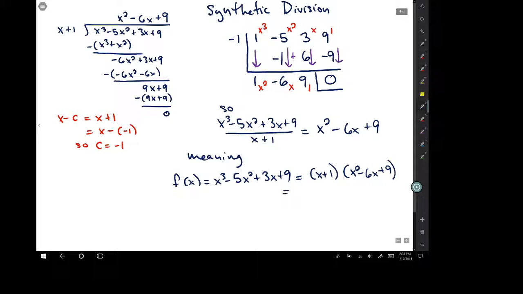And again, you can take that x squared minus 6x plus 9 and factor it as x minus 3 times x minus 3. And so all in all, our fully factored form is x plus 1 times x minus 3